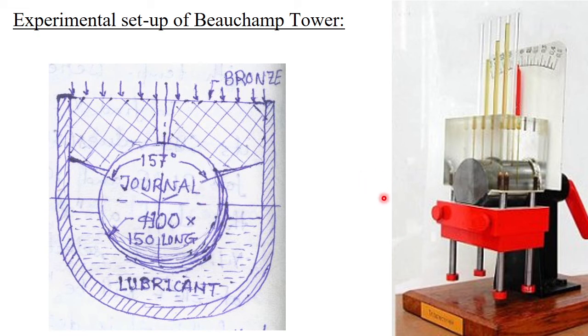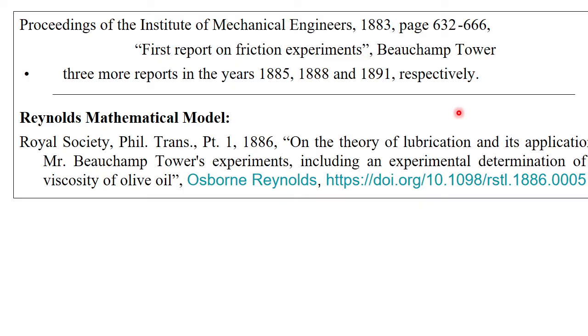And there were some typical observations. He was getting a high pressure at a particular location. These are different radial positions from which the pressure tapping was taken. In this angle measure you can see from here, and this observation, actually this one is the first, there were some more reports. Understand? This led to the development of hydrodynamic lubrication theory.